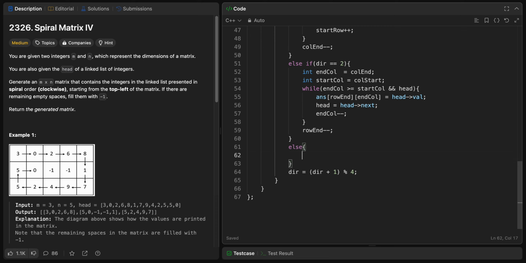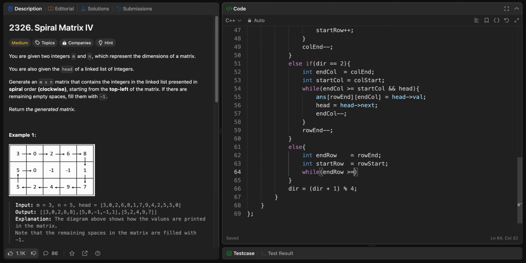Else the last condition would be int end row would be row end, int start row would be row start, and while my end row is greater than or equals to start row,